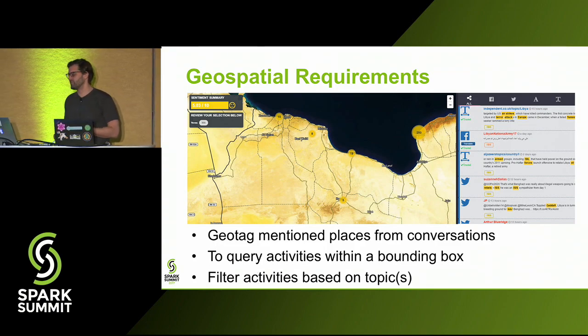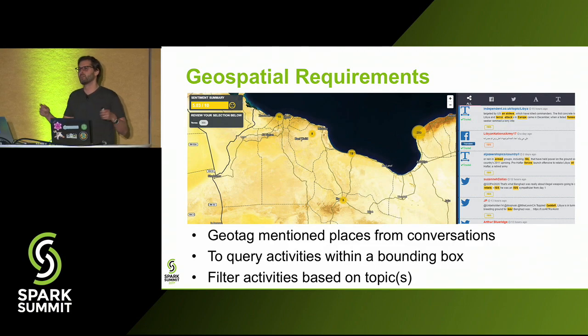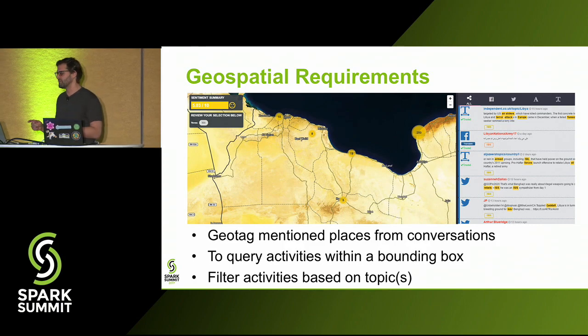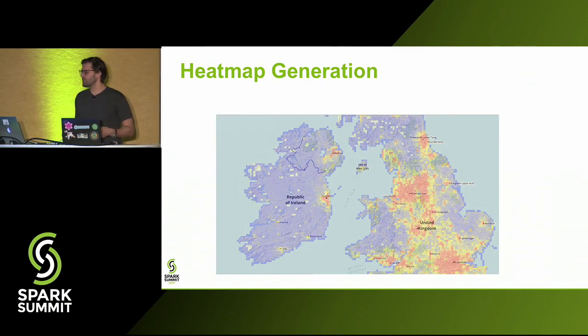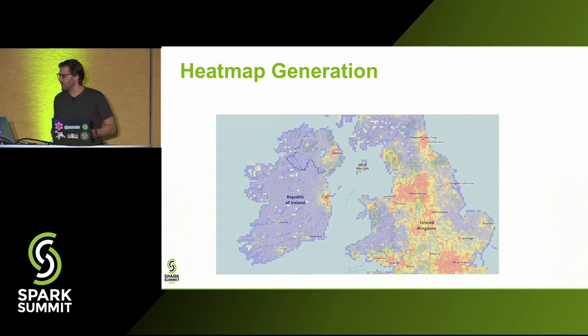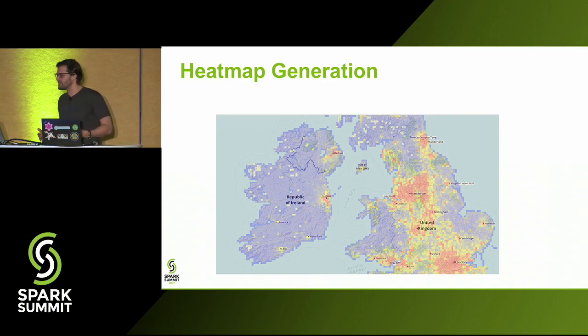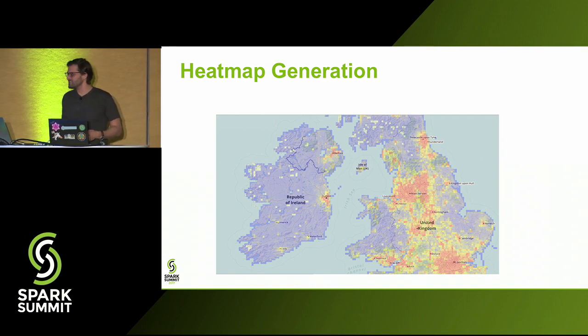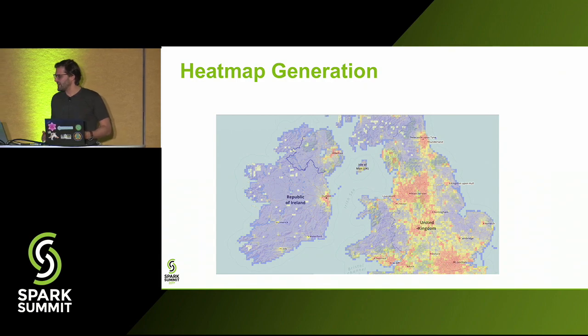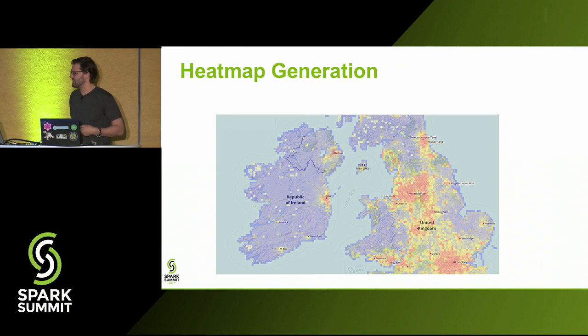And the user is also able to filter activities based on the specified topic or the sentiment score. So just to go a bit deeper into how we go about generating one of these heat maps. In this case, the heat map is generated by summing up the number of location samples in a particular geographic area. For every location that we detect off these conversations, we attribute that location to a summary in the heat map. And we sum up over all the locations that are associated with that summary.